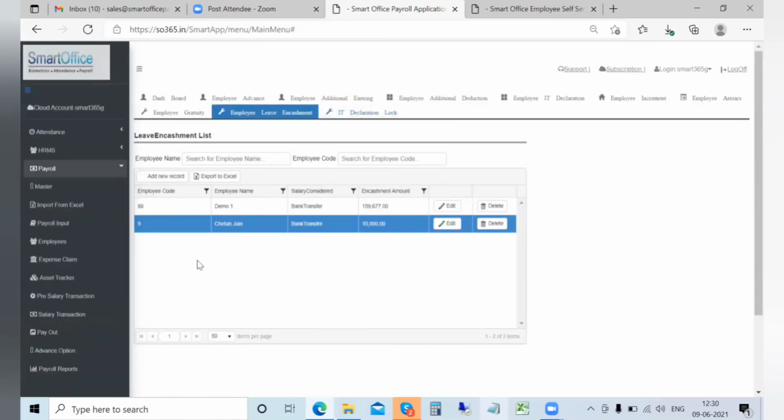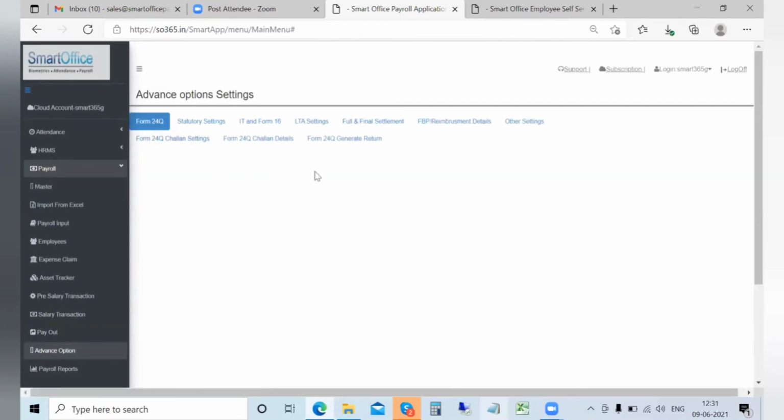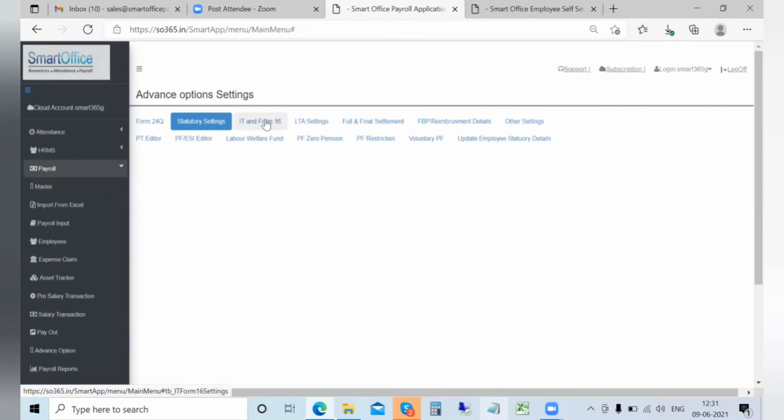So now that we have understood all the normal process of the payroll, we will go ahead and check some of the advanced options, like Form 24Q, which can be generated from here. The statutory settings are on the front end. You can always go and check that, but we would suggest you take training before using this. 80 and Form 16, certain admin level setups are available here, which are generally for the use of support people.